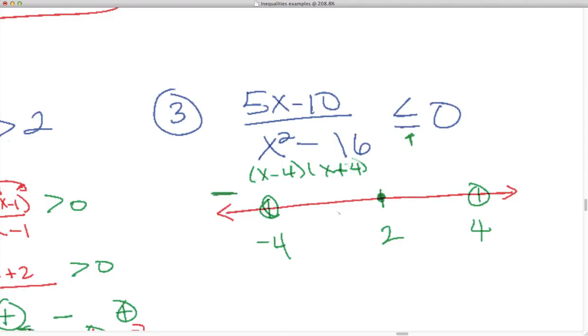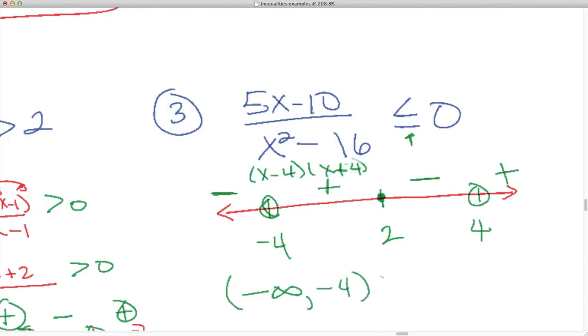Then if I plug in a 0, we'll work in between here. That's going to be 2 negatives, so that's a positive. And then plug in a 3, that's 15 minus 10 is positive, 9 minus 16, or if you want to plug them in individually, they're still negative. So positive over a negative is a negative, and then the bottom one is a positive. So then this is asking for negative, so my final answer would be negative infinity to negative 4